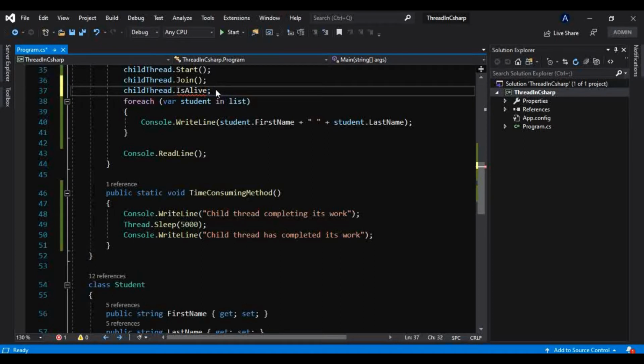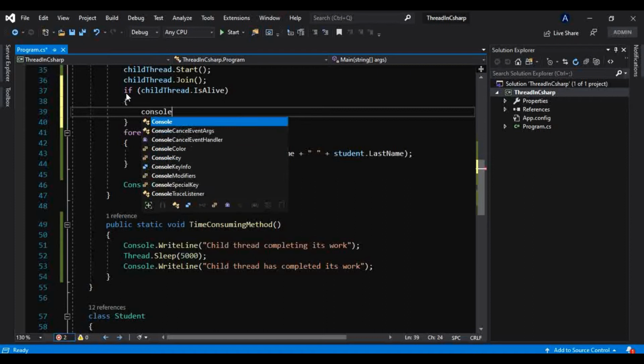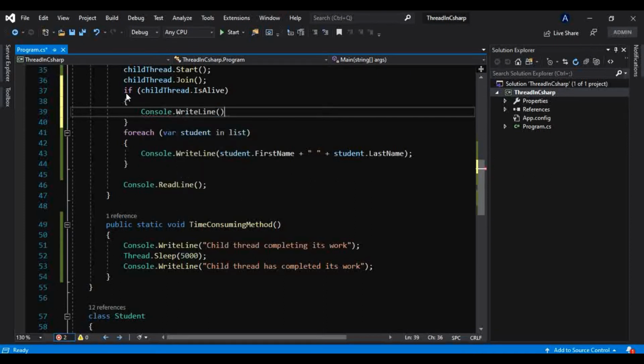We cannot use it on its own, so we will use it inside an if statement, and inside that I will print Console.WriteLine, if it is alive, "child thread is still executing inside main thread".